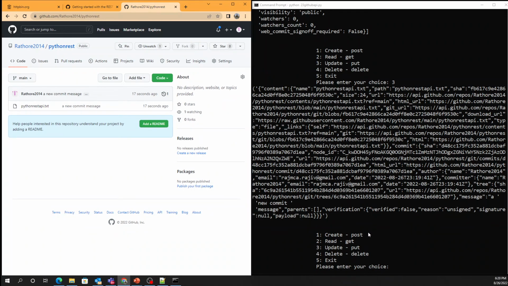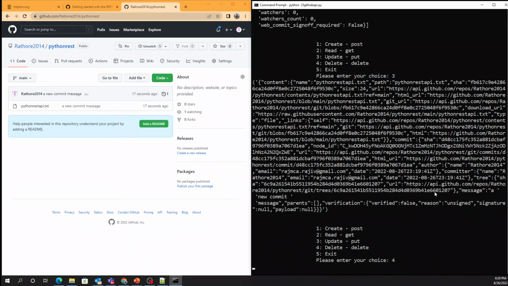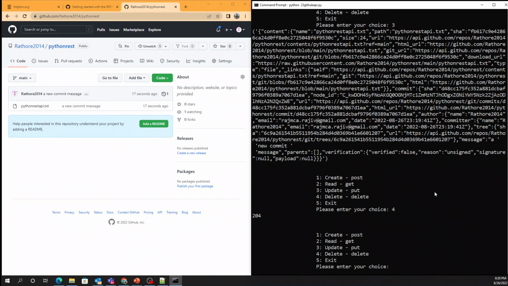So we know how to do the POST, GET, PUT, and finally we're going to call the DELETE and delete this particular repo itself. The delete method will be called. There I say just return the status code, and the status code was 204. And remember, 200 something means the request was accepted, meaning the resource has been deleted. Check it out. Now I'm going to refresh this page,